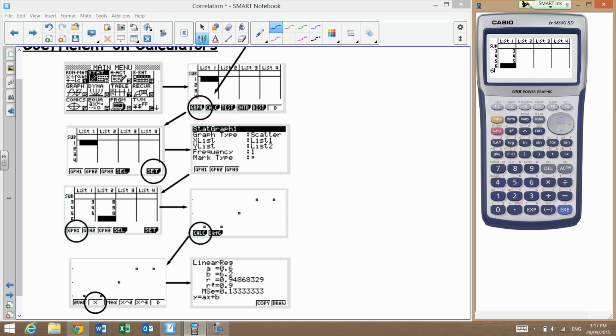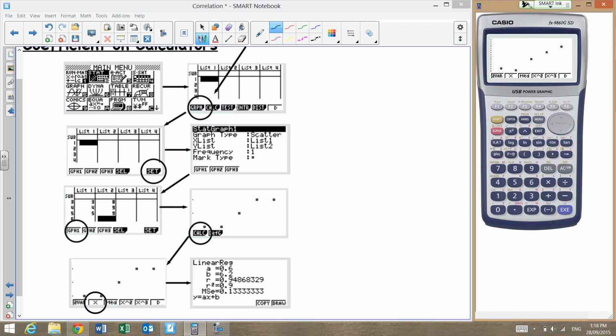If I just pop some in, and just some made up data there, and then I'm going to graph it. I can see that it's a positive relationship. Then if I press F1 to calculate it,